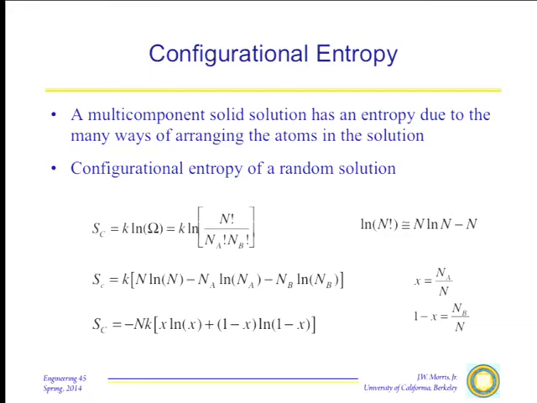If you're talking about, in fact, I'll get to that in just a few minutes as an example. If you're considering vacant sites on a crystal lattice, the vacant sites are a component. For example, one possibility for A and B would be A is copper and B is vacancies, okay? So it's the same thing. And I'd like to use that in a moment to compute for you the equilibrium concentration of vacancies in a